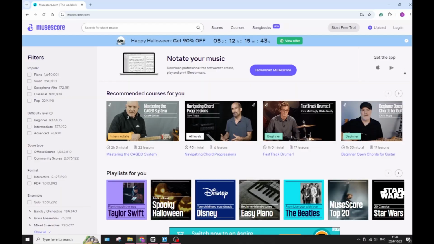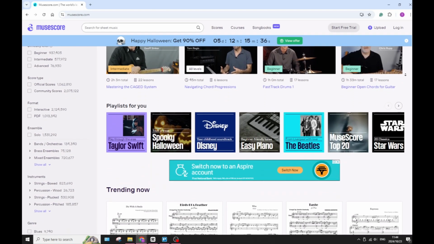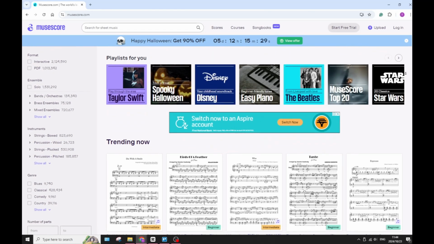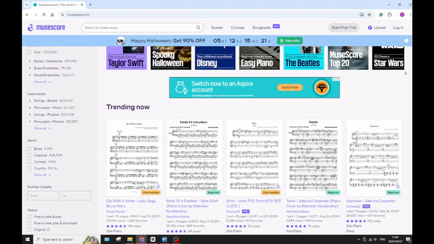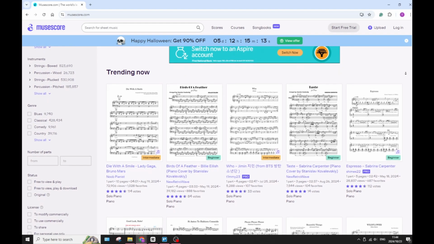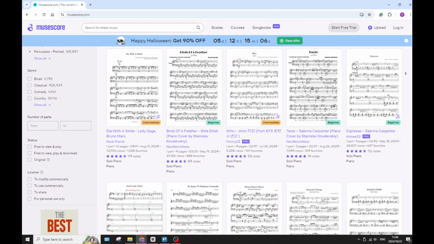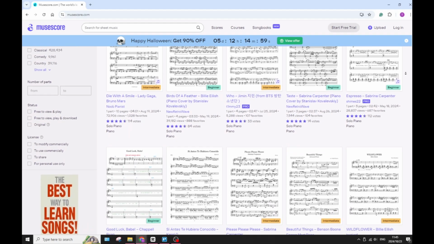So the first thing we're going to jump into is MuseScore. So first of all, it has a really user-friendly interface. It has a what you see is what you get kind of environment, making it really easy for pretty much anyone to create and edit scores on a visual basis. It has extensive instrumental support, which allows you to select from over 500 instruments, allowing a wide range of musical